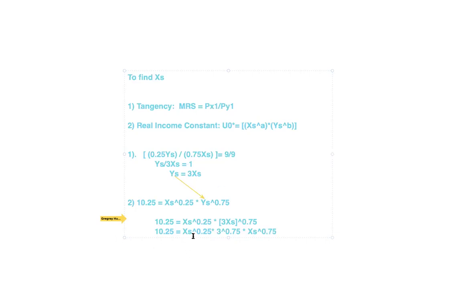And then these two terms, XS to the 0.75 and XS to the 0.25, are XS to the 1, right? So what you end up with is just,